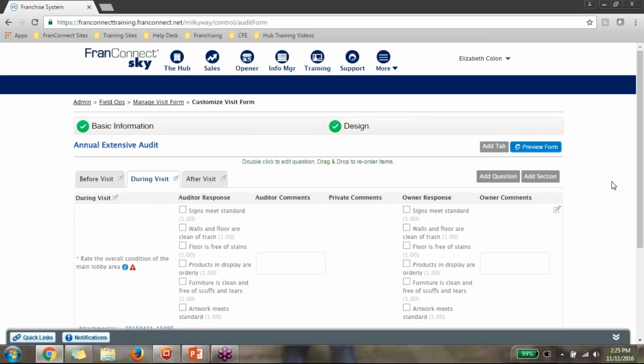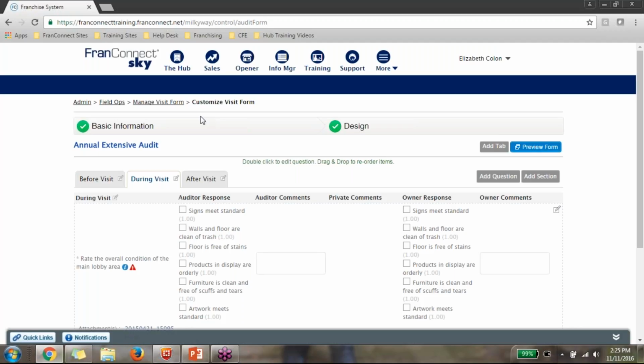Okay. When I typically train this lesson, I talk a lot to people about creating the main categories in the way that you want them to appear when you're creating your questions. I use the example of the facility.